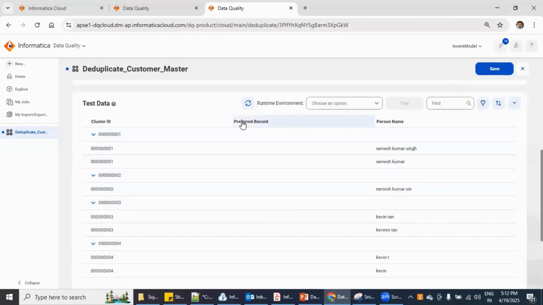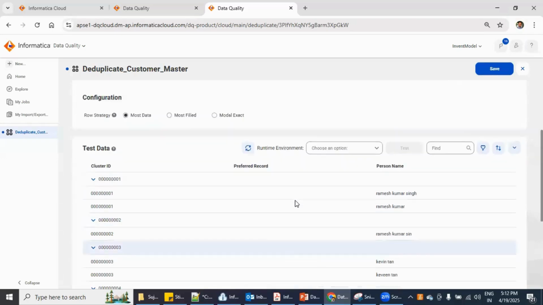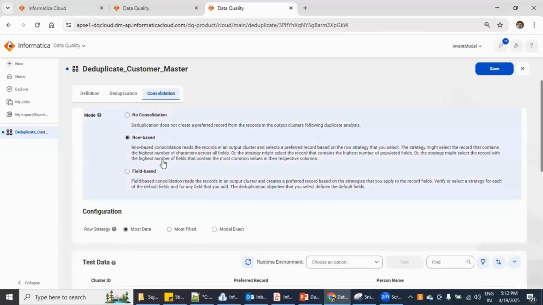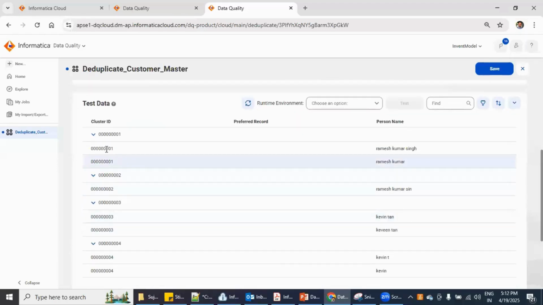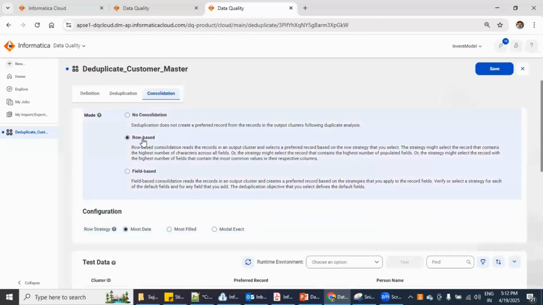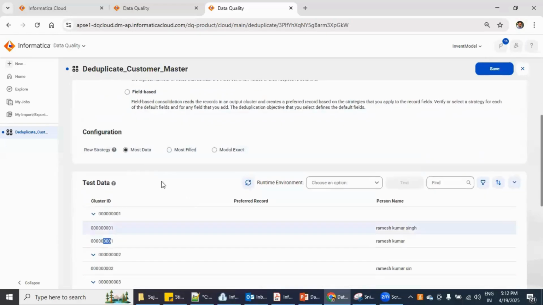Until now, we cannot see the preferred record because we have not executed this consolidation kind of strategy. That's why we are not able to see this preferred record. Like out of these 2, which one should be selected for the master record or preferred record, right? So till now we have not got that. So now let's select this row based, and in row based, since we have the 3 options, let's start with most data. Okay,